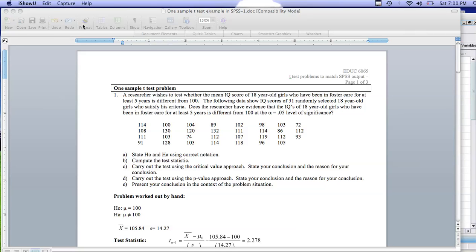Hi, this is Mary Hansen, and this presentation will show how to run a one-sample t-test using SPSS. The problem that will be used to illustrate the one-sample t-test in SPSS is a researcher